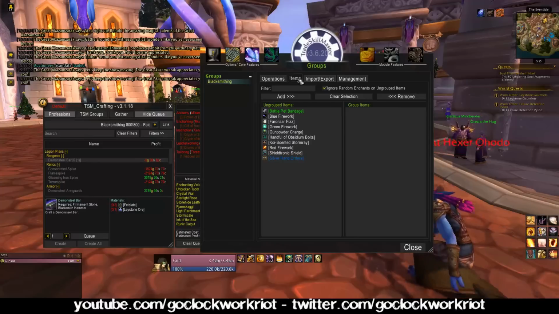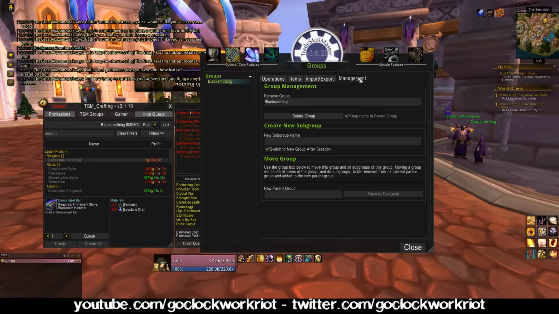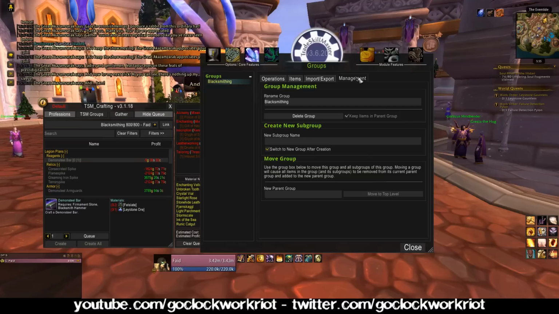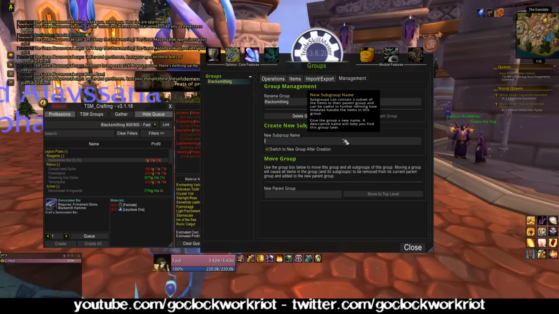The first thing we need to do is determine what sort of items this is going to deal with, what falls under blacksmithing. The way I like to do this is set up subgroups. If you want specific auctioning, mailing, or crafting settings that are different for a given type of item, you put them in different subgroups so you can more easily manage the different settings. So what I typically do is something like 815 gear,